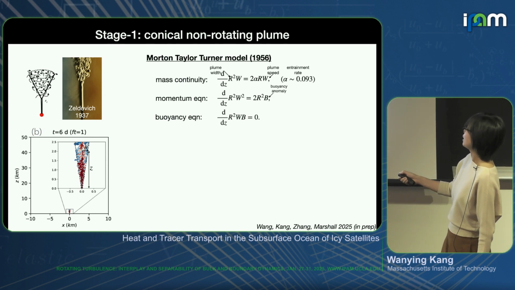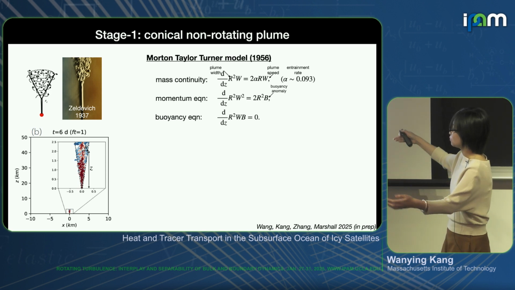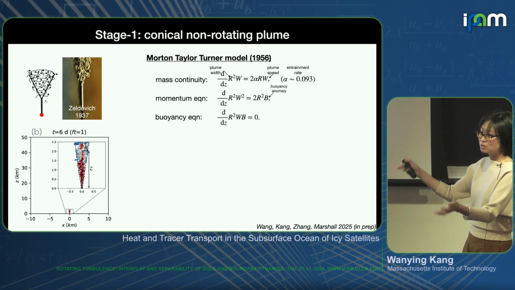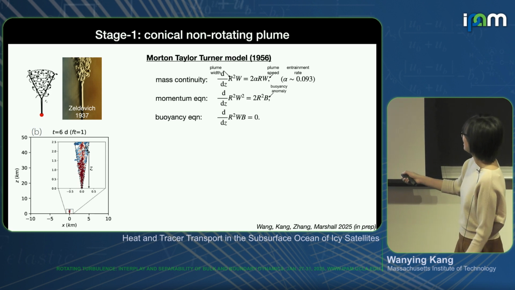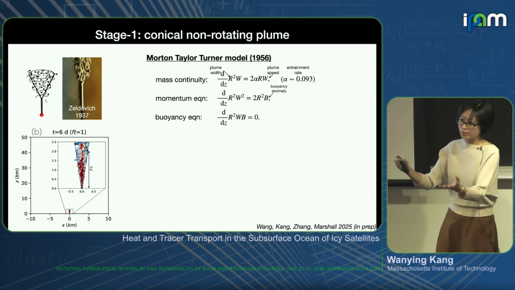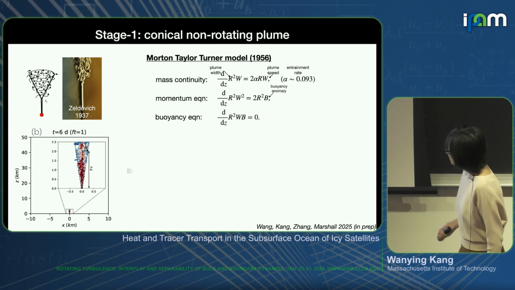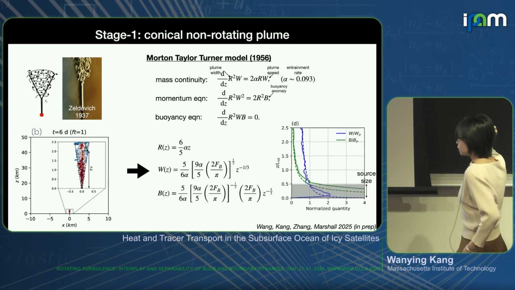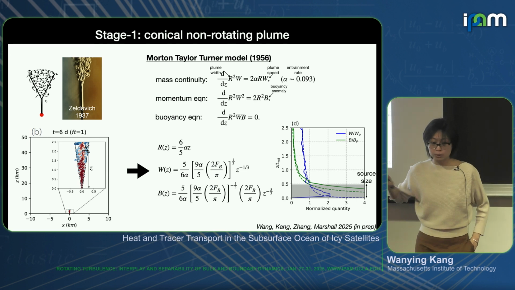You have mass continuity, which basically says you have this mass flux coming in, and if you entrain material into the plume, then you will have more material to transport. And the second one, momentum: if you have mixed things, if you have buoyancy, then the momentum will be changed, and so forth. This set of equations can be analytically solved, and you will get this